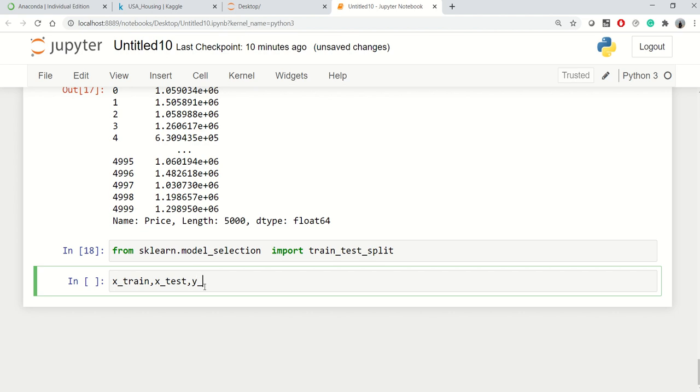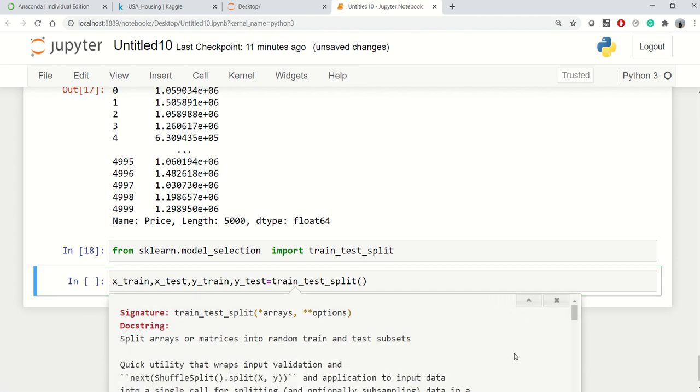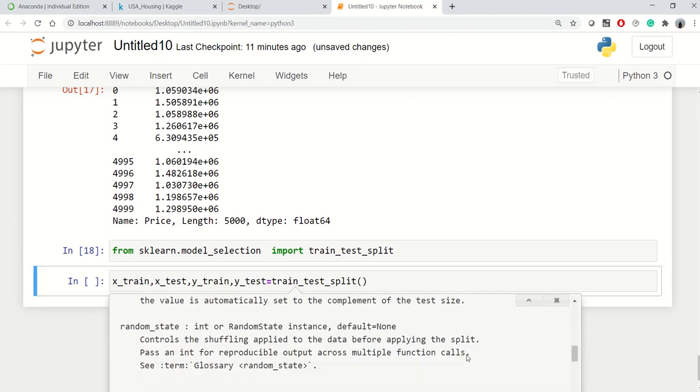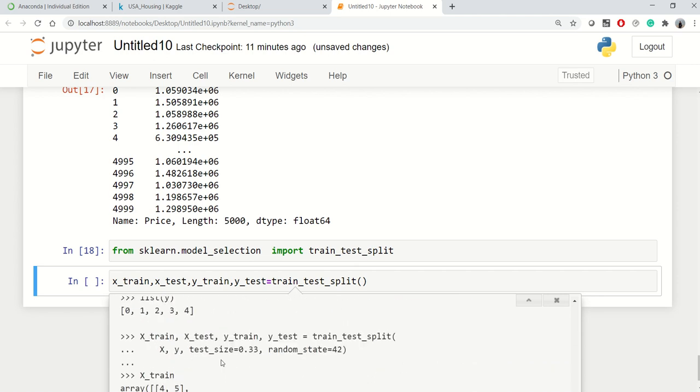So I'll say y_train and y_test. So these 4 variables we need, and we will call the train_test_split method. If you want to check the signature of this method, you can press Shift+Tab from here, and then you can get a lot more information about this. So you can see from here the train_test_split is there, and it accepts 2 parameters, that is X and y.